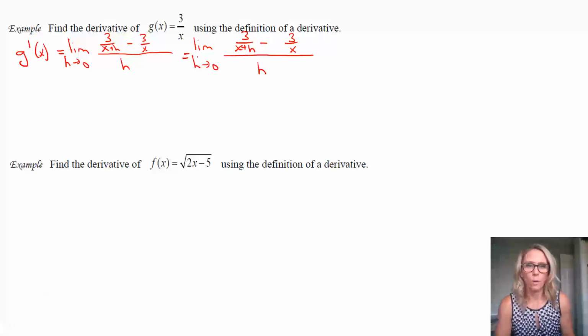So what I'm going to do, hopefully, let's see, try to do this the best I can here. I'll make these like fractions. So I'm going to give them the same denominator. So one of them has a denominator of x and one of them has a denominator of x plus h. You might be like, what's that about?